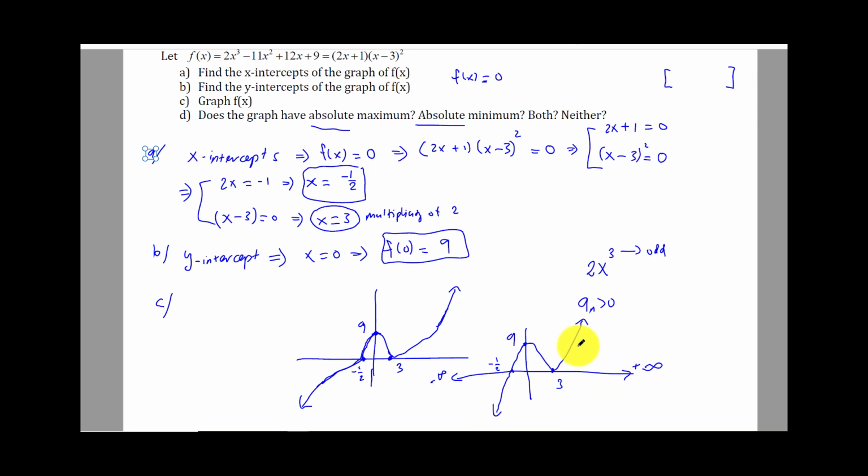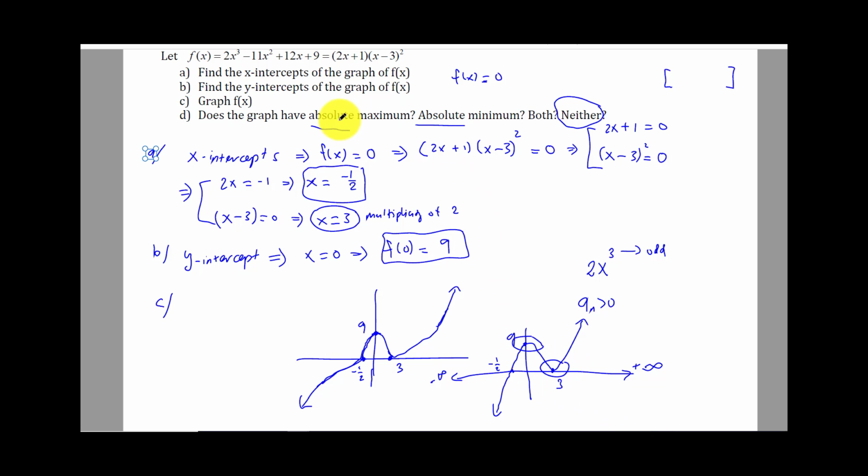Therefore, the function here keeps increasing forever. It's increasing to the right side. It's decreasing all the way to the left side, to negative infinity, forever. Therefore, we don't have an absolute max or an absolute min in this case. So we should choose neither in this case. However, we do have a local max and a local min, which are this point and this point, but